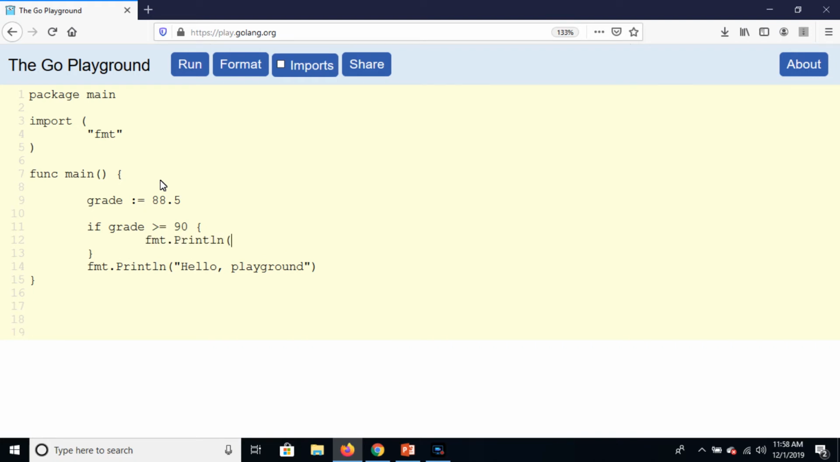fmt.Println A grade, and in the else condition, if grade is greater than or equal to 80, then here print B grade,